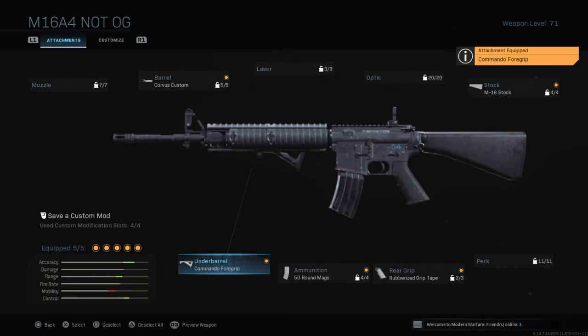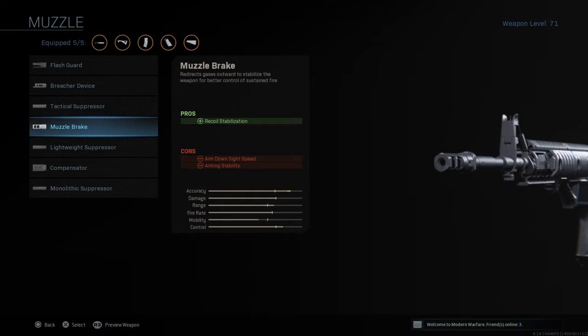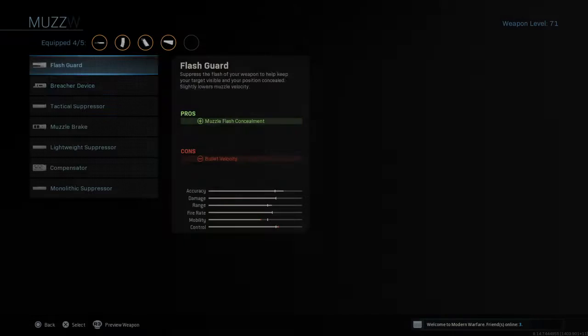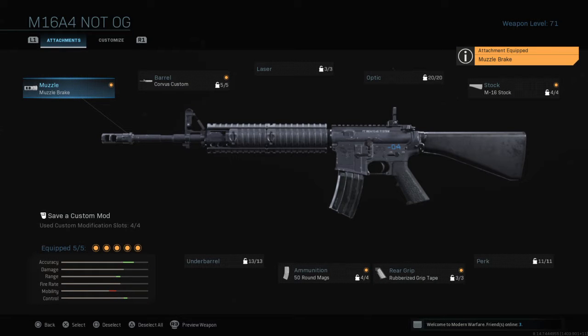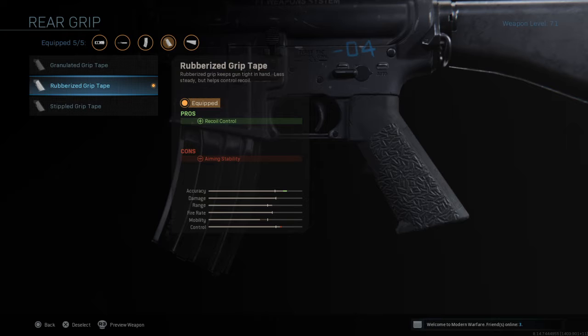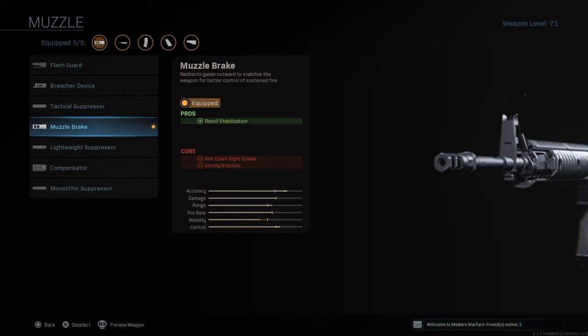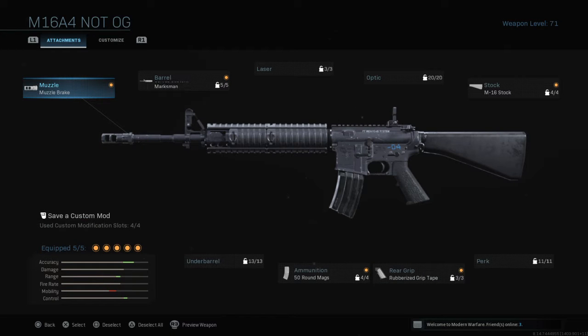To make it more suited to my playstyle, I'm gonna add this. I would put the muzzle brake on if I wanted to. Actually, let's do that. Looks like I'm gonna rely on this for recoil control, and this just straightens it out. Without further ado,